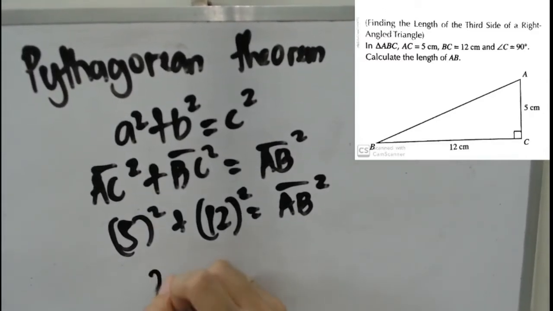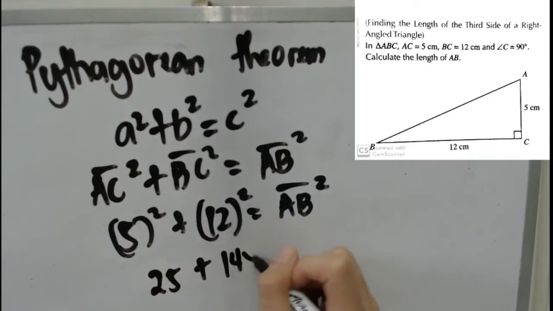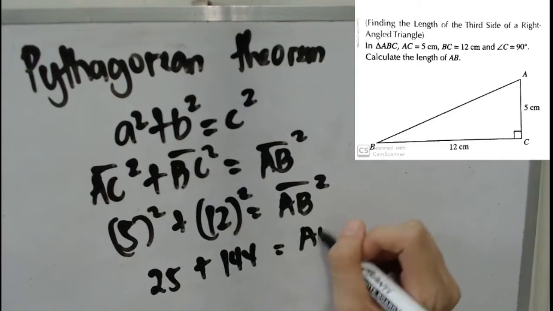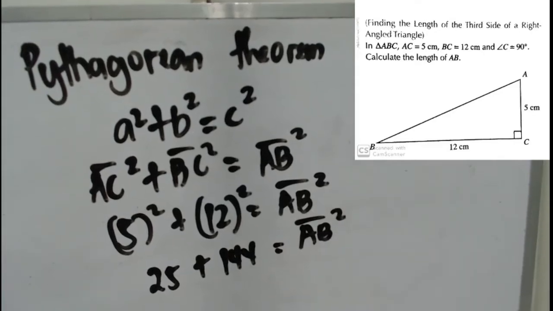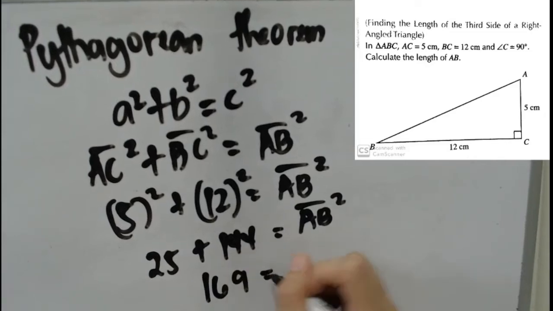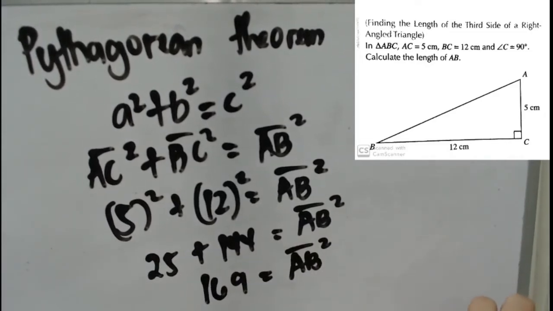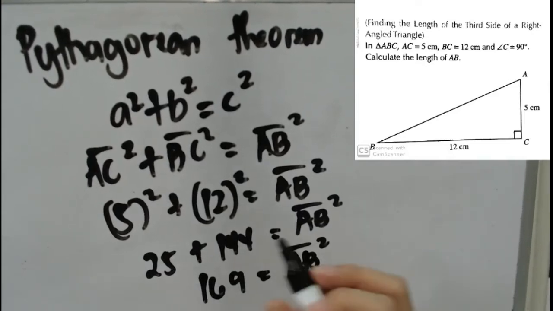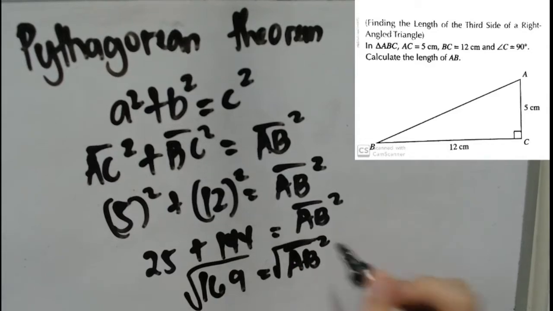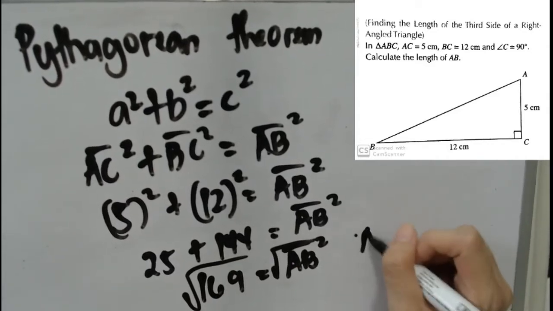5 squared is equal to 25 and 12 squared is equal to 144, and it must be equal to the square of the hypotenuse. 25 plus 144 will give us 169, and it must be equal to the square of the length of the hypotenuse. For us to be able to eliminate the square, we are going to get the square root of both sides. So we have here AB must be equal to